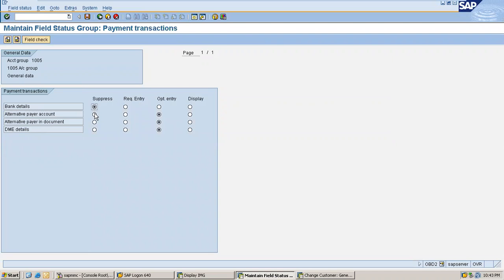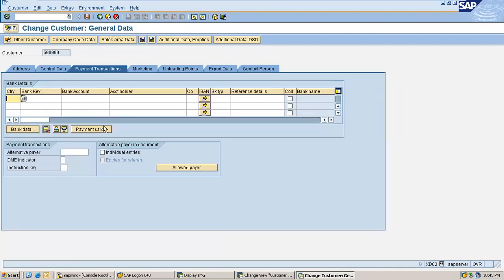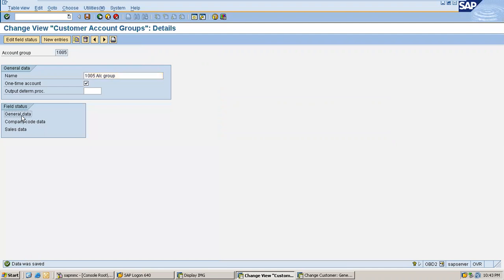You suppress all the fields in payment transactions. Suppress means remove. Okay. So when you suppress all the fields in a particular tab in the account group and save it, the system will remove this tab from the customer master. Okay. So I have removed it.